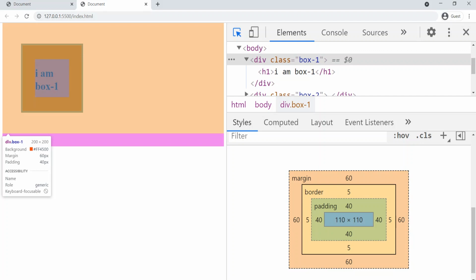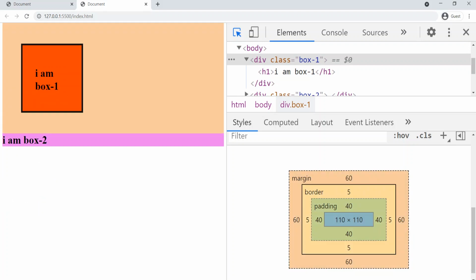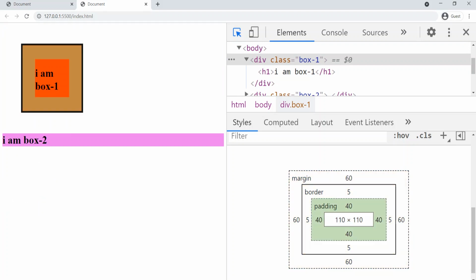So here what happened is the actual content width of the box shrunk. Actually it should be 200, right? But it is not 200, it is 110, because it managed with padding and border, because padding and border are also important, right? It should have 40 pixel padding. So to give priority to that padding and border, the actual width of the element will shrink.